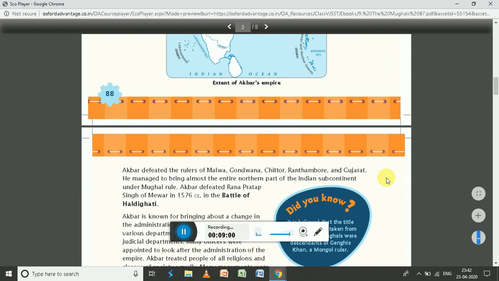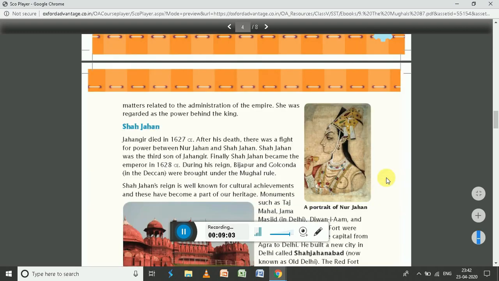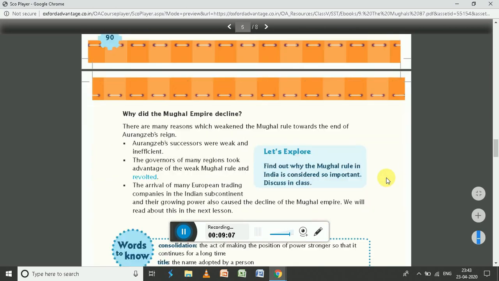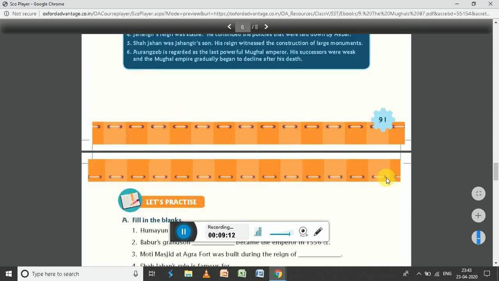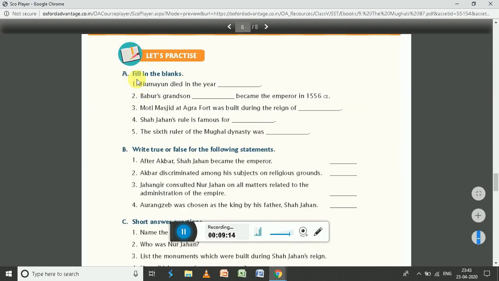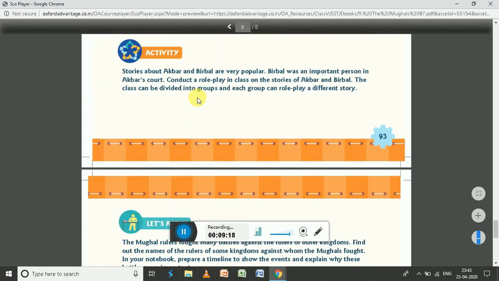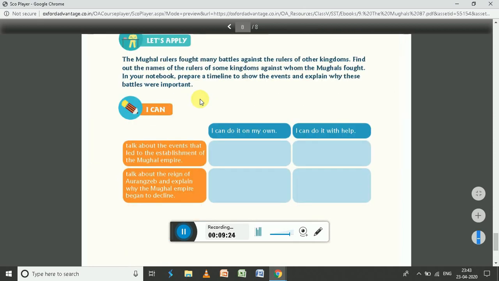You can see that the chapter is given as it is there in the book. So there is no problem understanding the chapter or the teacher making their own notes and everything. You will also have the back exercises along with it. So you can definitely go ahead and create the question answers or the back exercises, and you can also make an activity.